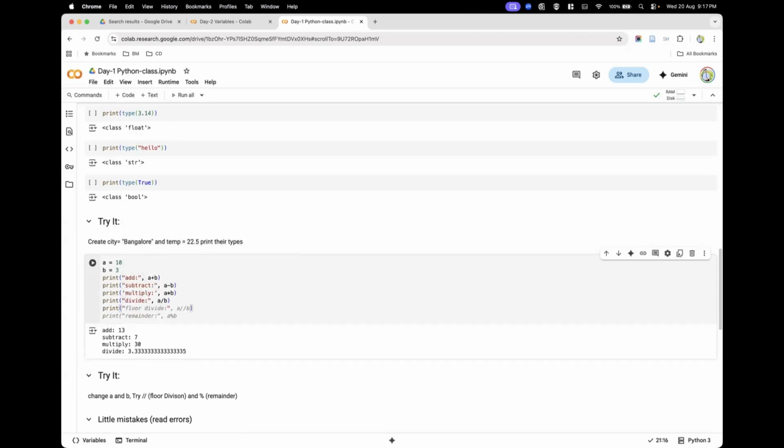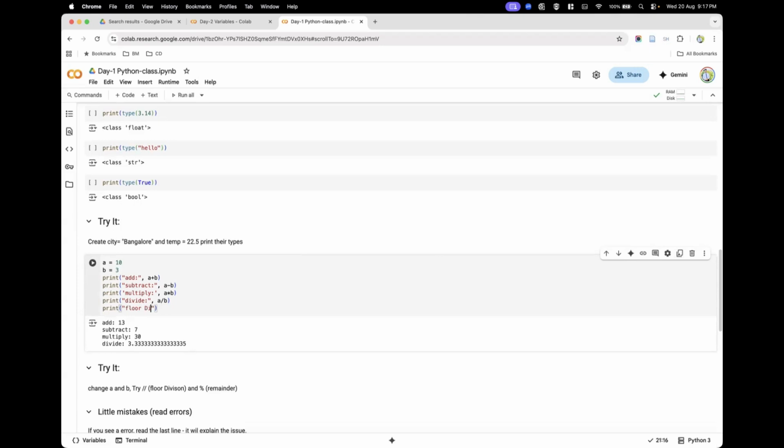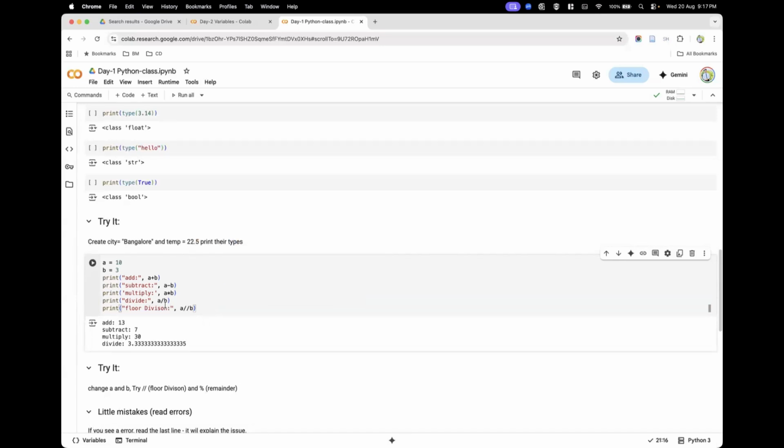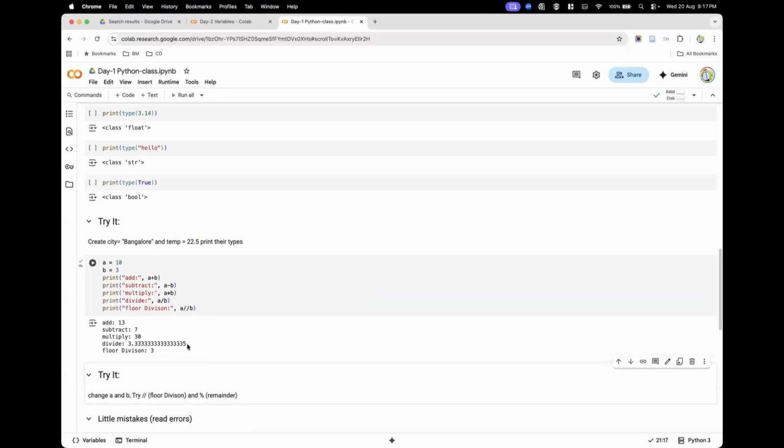we have something called floor division. This floor division will remove the decimal value, and it will give only the whole number. So instead of giving a forward slash b, I'm giving a double forward slash b, where it will remove the decimal value and it will give you the whole value. Could you see? Floor division, the decimal value is removed and only the 3 value is given. So this double forward slash, we call it floor division, where it will remove the decimal value in your